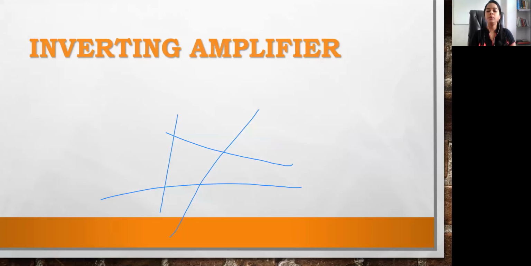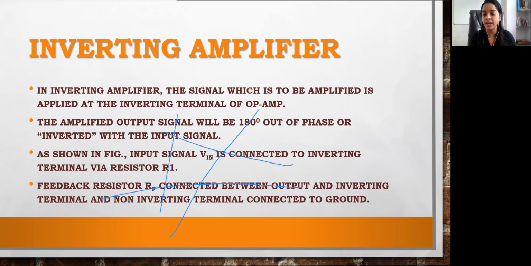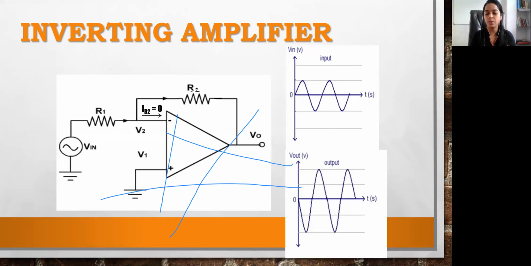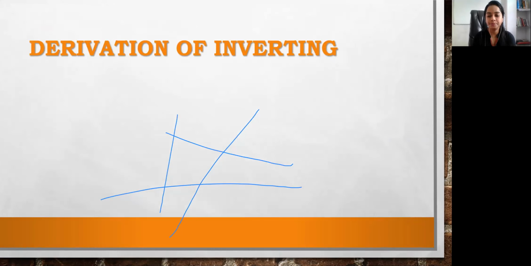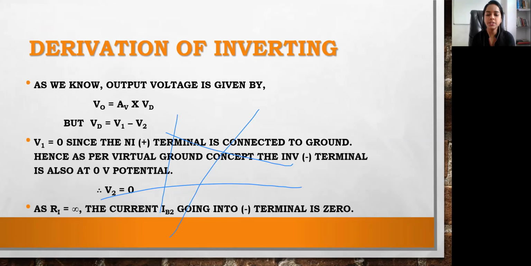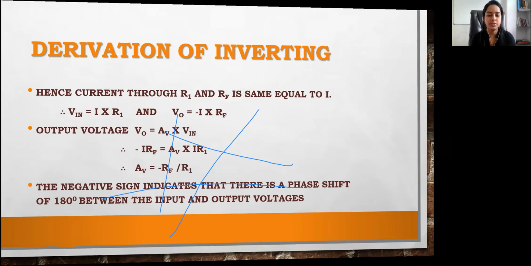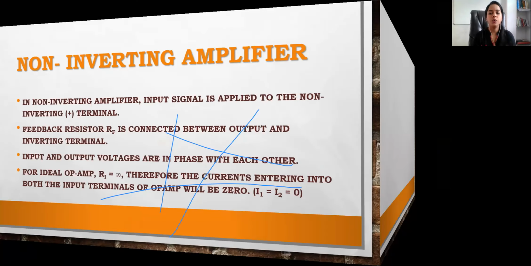Before going to an adder, we have seen what an inverting amplifier is and how we design an inverting amplifier by using an operational amplifier. This is the basic construction of an inverting amplifier. Whatever input we give at this end, you will have a sine wave 180 degrees out of phase at the output. This is the phase shift of 180 degrees, and then we have the derivation. I have already explained this derivation in our previous classes, so we just had an overview of it.